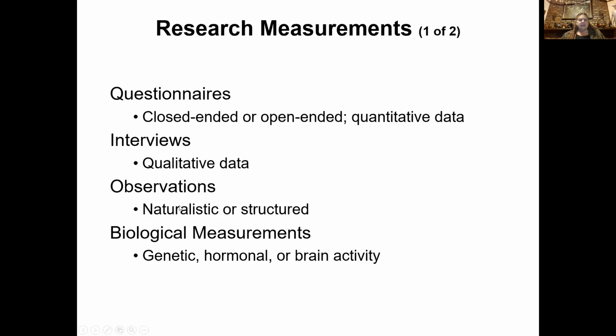Observation. These are naturalistic or structured observation. So observational data is where you would, for example, say I want to go into a kindergarten class and take a look at how many acts of aggression we're seeing in a kindergarten class. So we want to measure, say, how many kids are kicking and hitting and pushing and that sort of thing